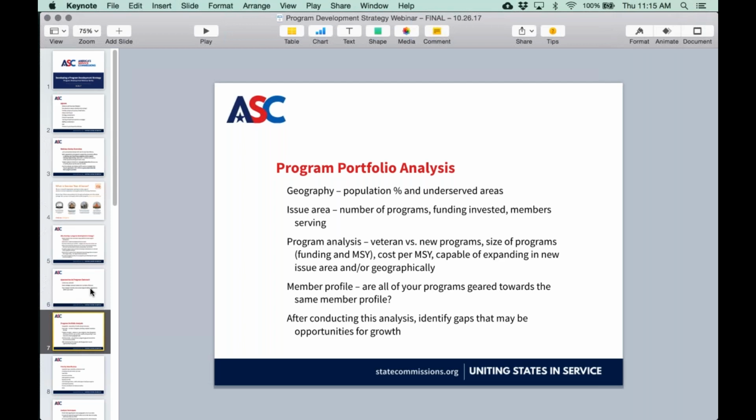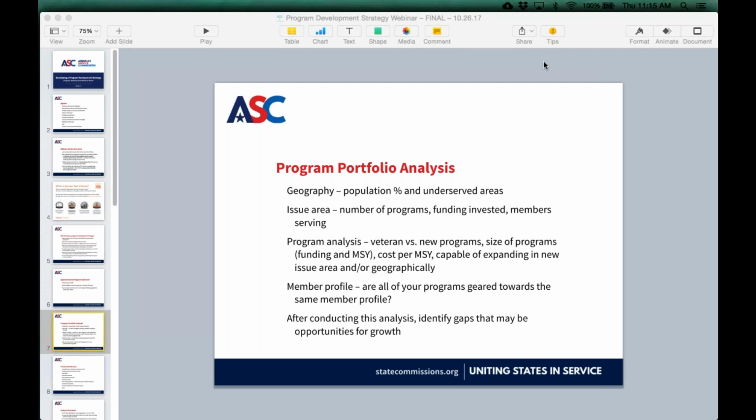So I want to pause for a moment and see if anyone, either in the chat box or on the audio, has any other items that they analyze as part of a program portfolio analysis that they want to share with the group. Anything else that you all think about? All right. Well, I don't hear anything right now, but if you do think of things that you consider in analyzing your portfolio, I encourage you to share those in the chat box as we move forward with today's